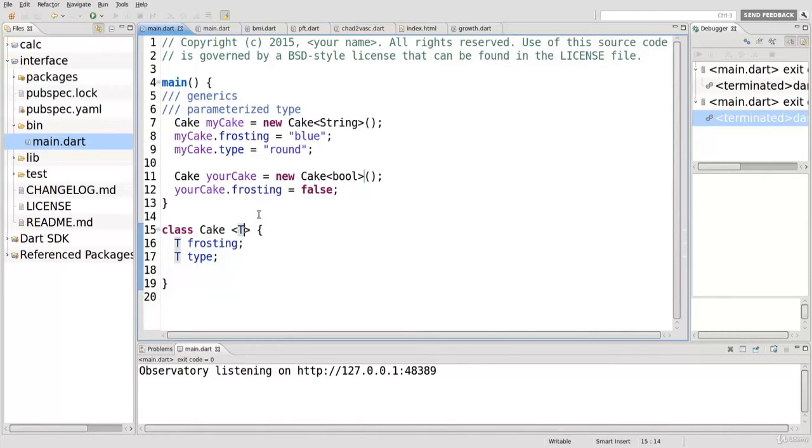So what if there's a T? I could also put an E right inside of here. So let's just say frosting is T and the type is an E. Again, generic types. I don't know what these types actually are. But once I instantiate it, then I'll figure it out. So this one I want string and string. This one I want bool and